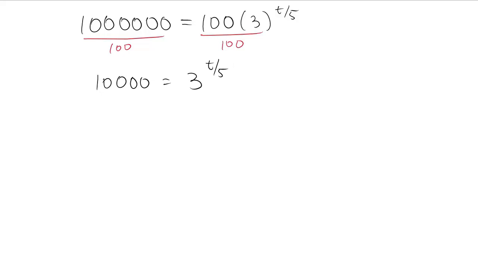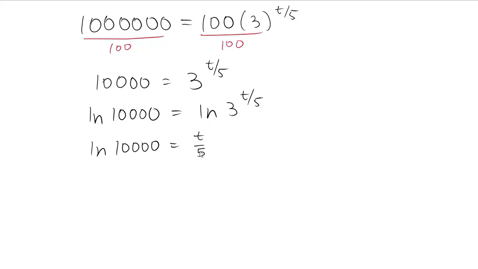I suppose we could rewrite this in logarithmic form using log base 3, but not all calculators can do log base 3, so the safer play is to just take the natural log of both sides, or the common log. Whatever logarithmic base your calculator can handle. On the left side we get the natural log of 10,000. On the right side we can bring the exponent down and we get t over 5 times the natural log of 3. You can solve for t all in one step, but I'm going to do this in two,